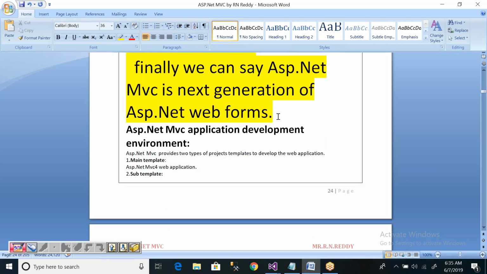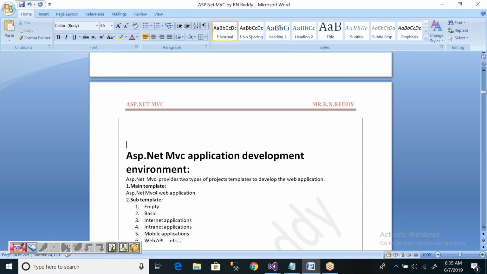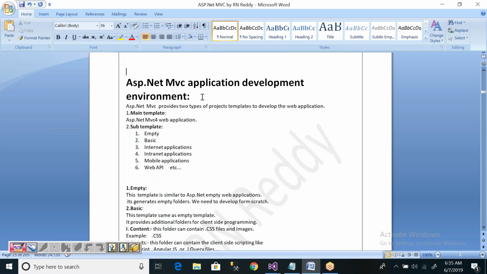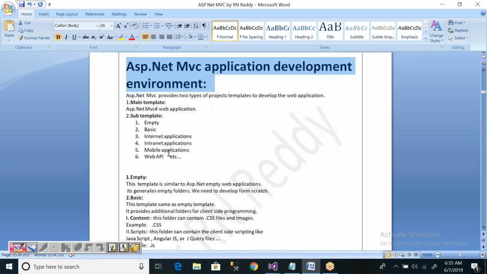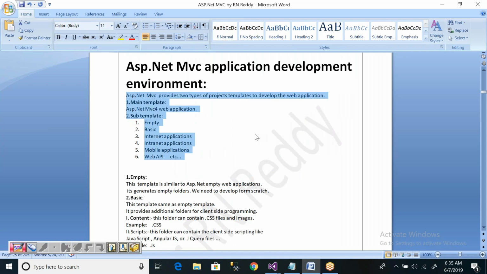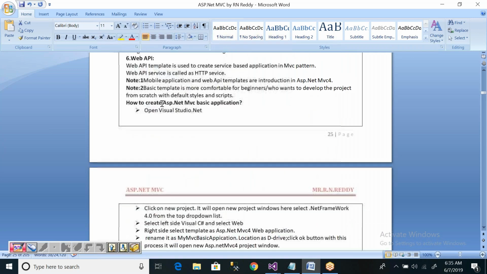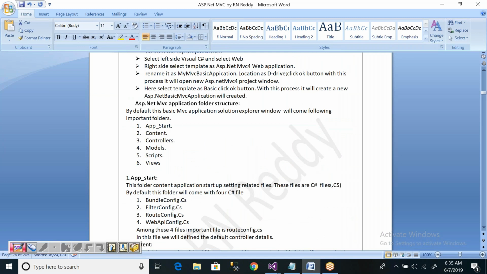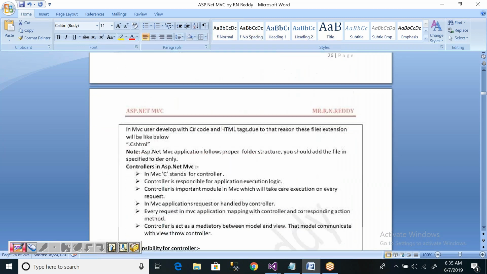This is about today's advantages or features of ASP.NET MVC, and tomorrow we are going to discuss the ASP.NET MVC application development environment. We have seen so many templates and some folders, like the controller folder and model folder; all these things we will discuss tomorrow.